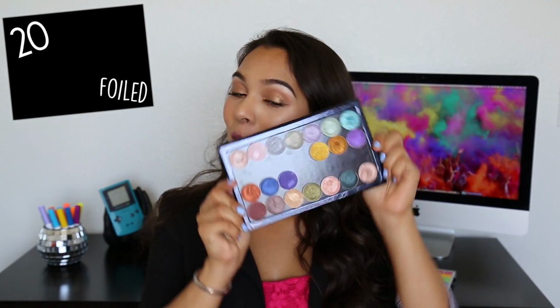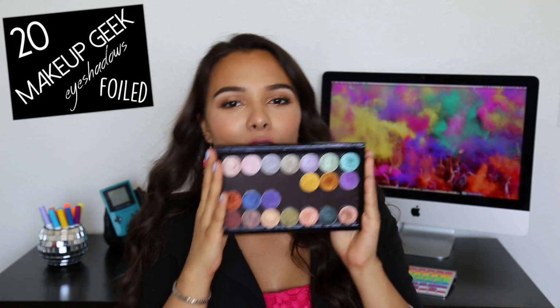Hello, I'm Natalie, and today I'm going to be reviewing the 20 foiled Makeup Geek eyeshadows. These are beautiful and majestic and just glorious. I'm going to start off with the first 10 that are the newest ones, and then I'll move on to the last 10. What I really like about this, just like a quick overview, is they're super pigmented, they're super